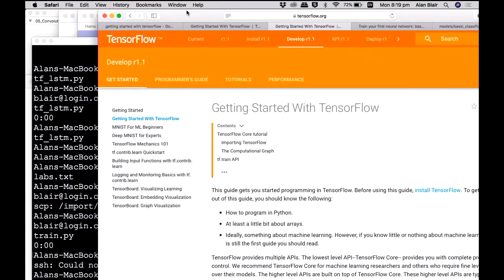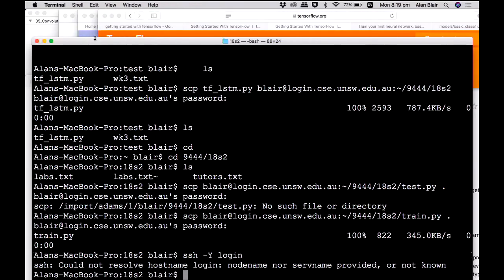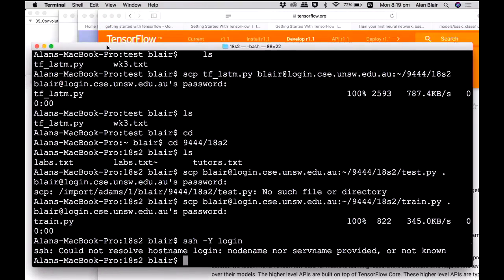But there's some emulator that you can run on the lab machines that will make them run in 64-bit mode. So there's going to be a few little technical details like this, and we'll put more details about this up on the website.